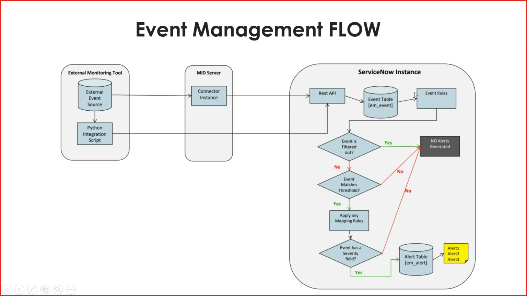For the time being, consider it like this: we get everything in the event table, whether it's useful or not. We bring all the records into the event table, then we apply event rules or mapping rules, and those are converted to alerts. Alerts are nothing but the events that are important. So the event table is a staging table where you collect every piece of data, and an alert is very specific and needs your attention.